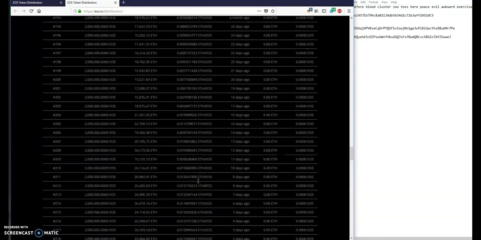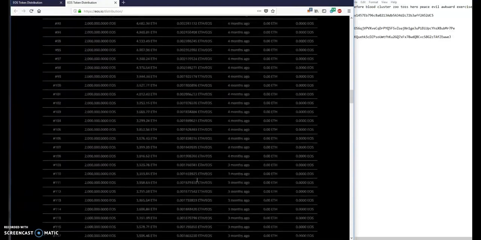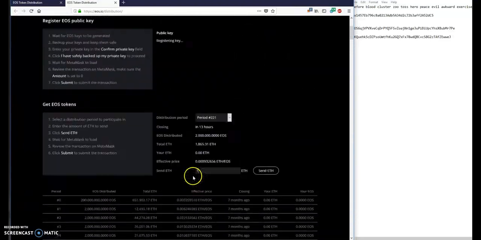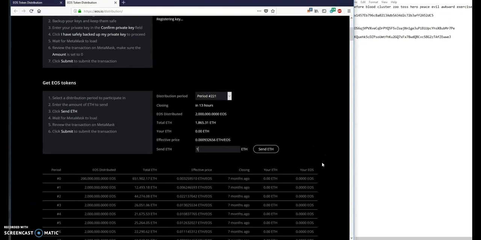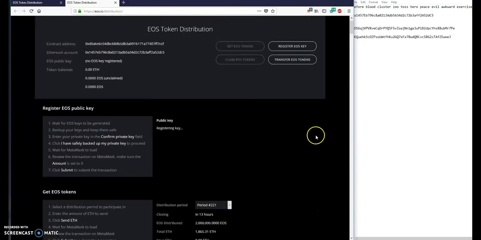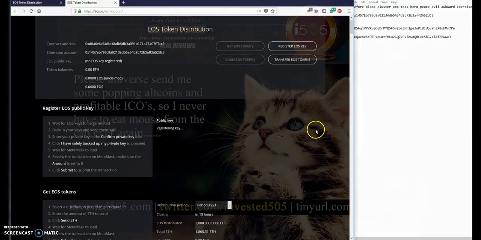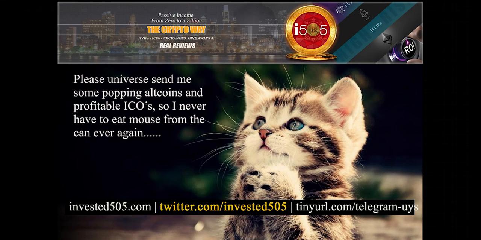So make sure that you have your EOS wallet registered before June, because I think June 3rd or June 5th would be the last day, but why wait till the last minute? It's very easy to do, and you can do multiple wallets. You can just keep creating Ethereum wallets and converting them over or registering them with EOS and start sending tokens to the EOS wallet. I really hope that this has been very helpful for you guys. I understand that a lot of you guys are visual learners and you don't have time